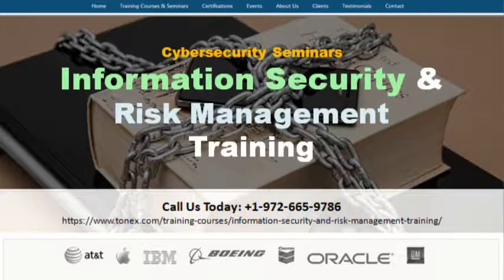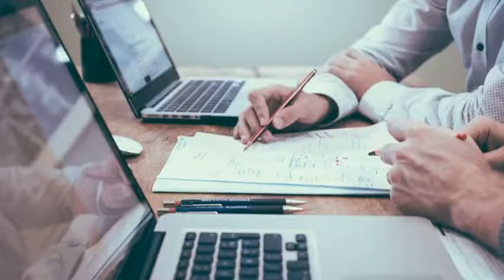By taking the Tonex Information Security and Risk Management Training, you will understand the fundamental idea of information security, organize security and realness of the information and how to anchor the parts of the information framework. Find out about dangers and vulnerabilities in information framework, for example, natural calamities, terrorist attacks, cyber vulnerabilities, cyber crimes, cryptographic attacks, code injection attacks, or denial of service attacks. Find out about the information sharing strategies, significance of information, and recurrence of security occurrences on essential information and how to design safeguards for indispensable information.